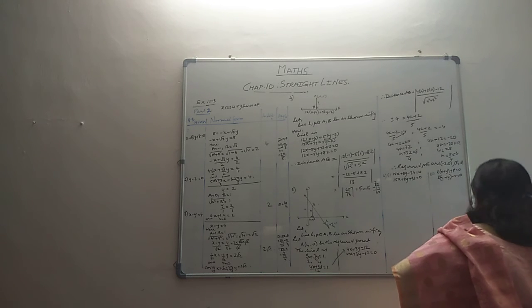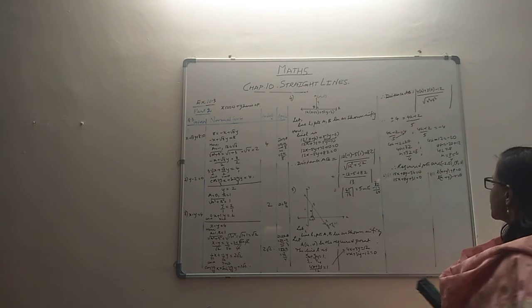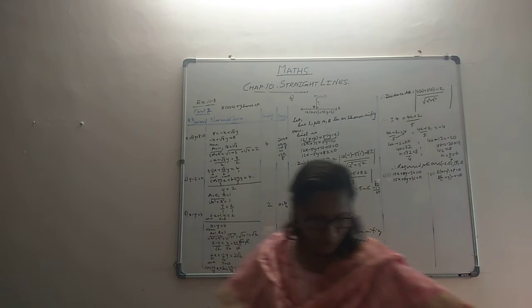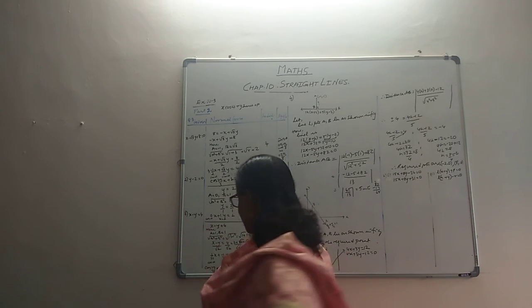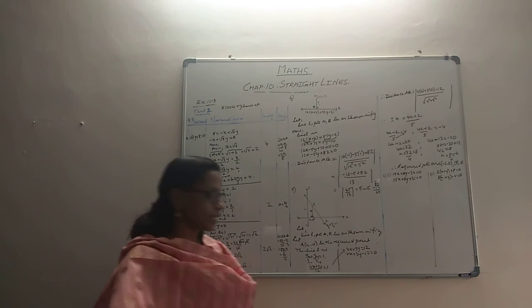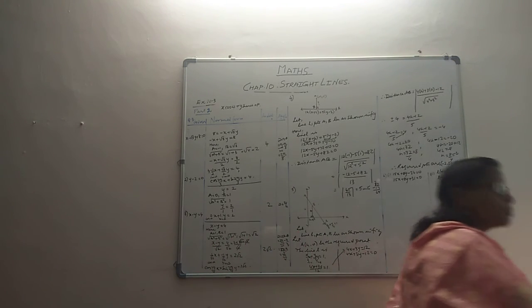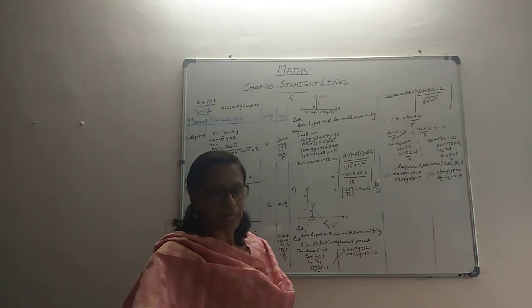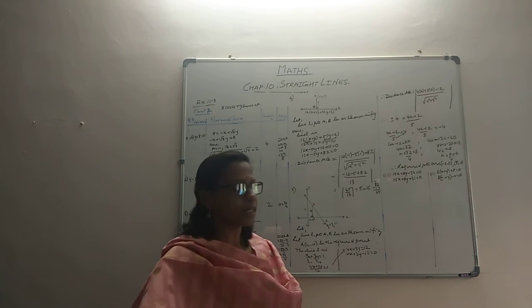Now, again, as I said, we'll be switching concepts every now and then. Next is, they give us 2 lines and they ask us to find out the distance between the 2 lines. I don't know, let me see what this is. Distance between 2 parallel lines. They give you 2 parallel lines and they ask us to find out the distance.